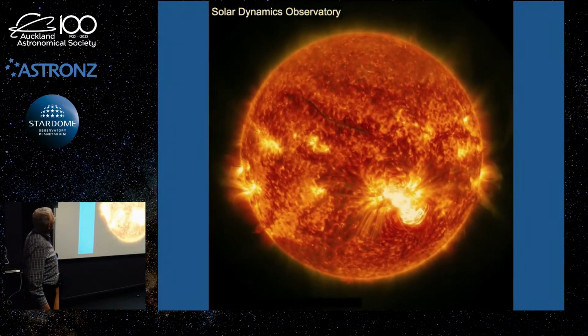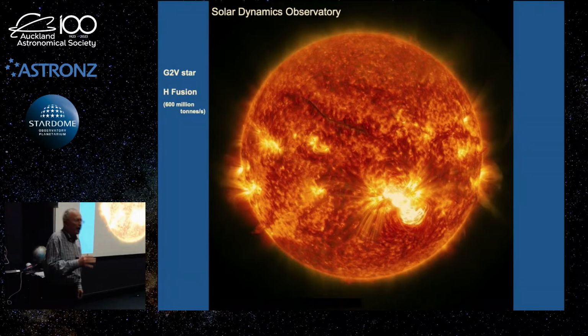A little bit about the sun. This is a real image of the sun in some detail, taken by NASA's Solar Dynamics Observatory. So astronomically, the sun is considered a G2V star. The G2 bit refers to a surface temperature of 5,800 degrees. And the V part, the Roman numeral for 5, means it's on what we call the main sequence. The main sequence is a relatively stable stage in a star, where all stars spend the first 90% of their life. And by definition, at their cores, they're fusing hydrogen into helium.